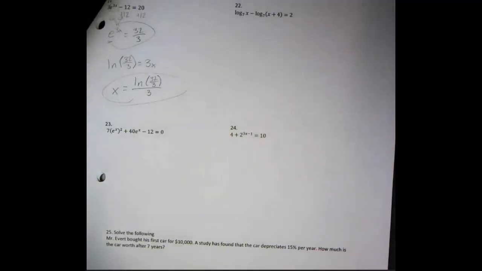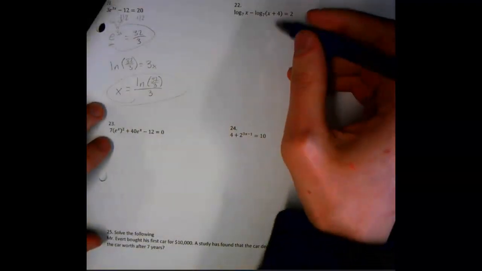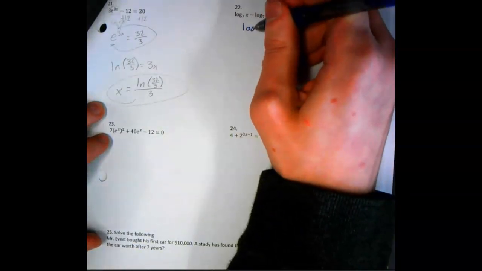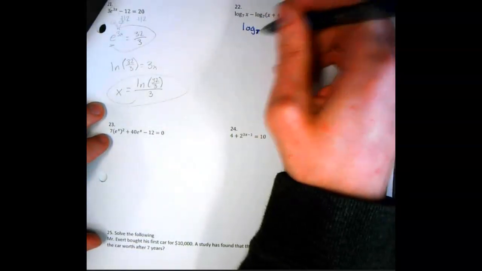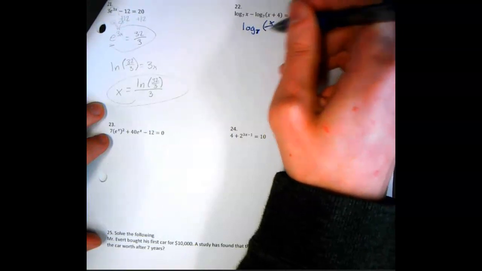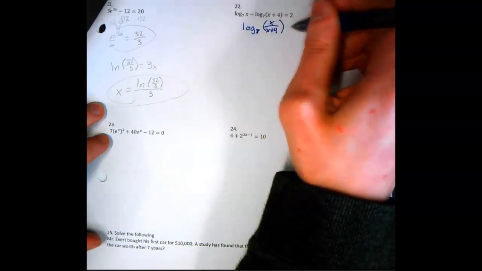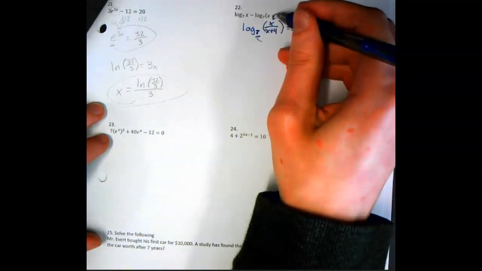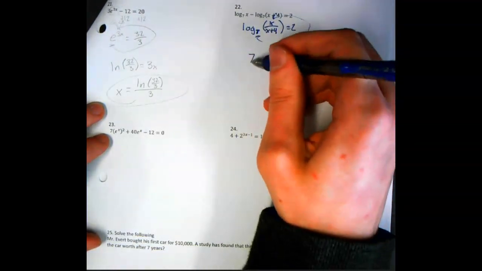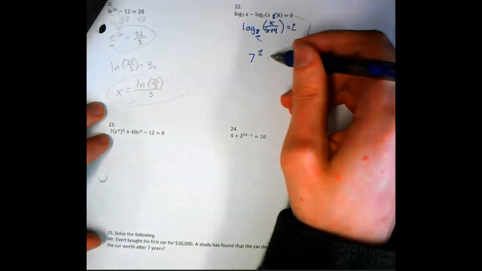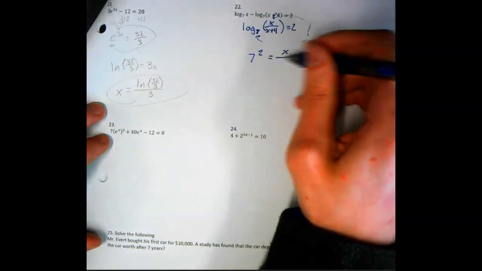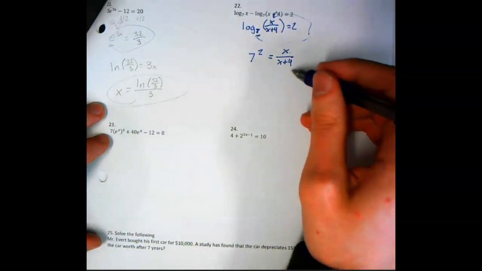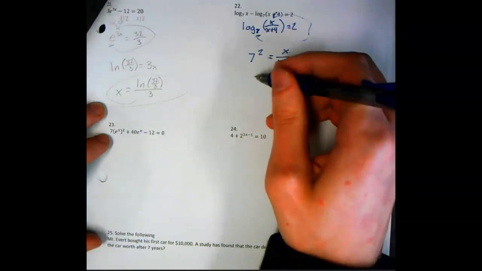For this first one, remember that we're going to be using that subtraction property. So that means that we'll say log base 7 of x over x plus 4 equals 2. Now we can snail, and we'll have 7 squared equals x over x plus 4. We're going to multiply that x plus 4 over, so we'll have